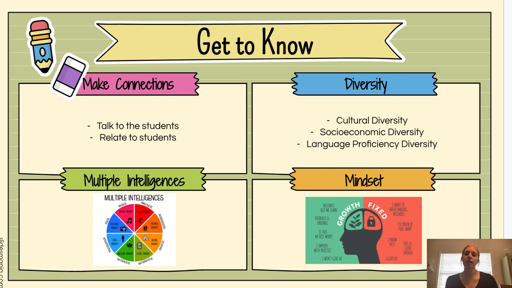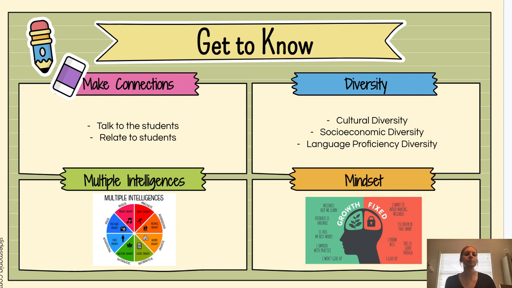Then multiple intelligences. You're going to do an activity this week that is your quiz for the week, but really understanding multiple intelligences and which one yours is. And then a mindset, fixed versus growth. When I was going to school, we did not look at this at all, but it's really good to understand what is a fixed mindset versus growth. Before it was just like, oh, you either have it or you don't. Now it's, I can do it because.